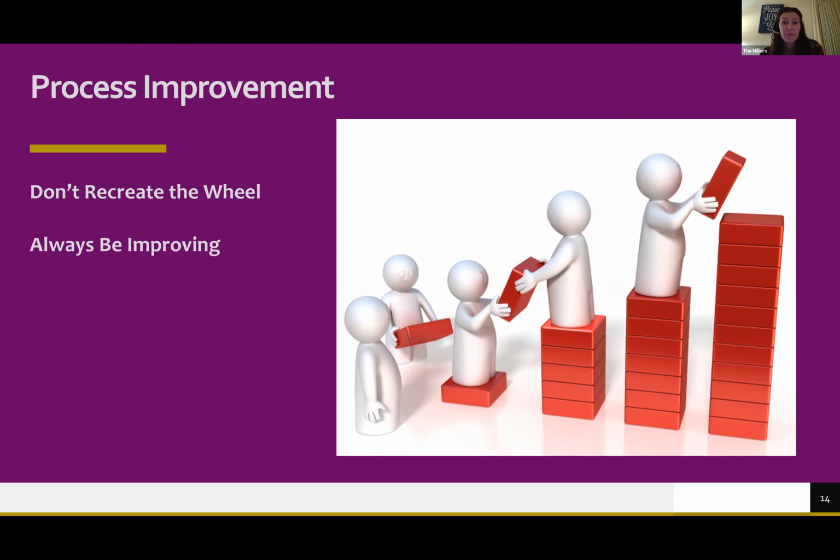Always be improving. So one of the things that sometimes frustrates people about project managers is we can always see the room for improvement, right? So if someone says, hey, wasn't that an amazing game? I'll be like, yeah, well, it was amazing. They won by a bunch of points, but you know, Aaron Rodgers could have thrown a little bit better in this play and in this play. And people are like, but it was such a good game. Like, no, it was a good game, but I'm a project manager. I see the room for improvement, right?